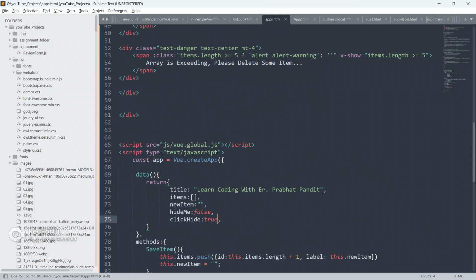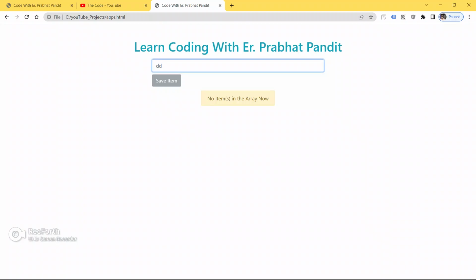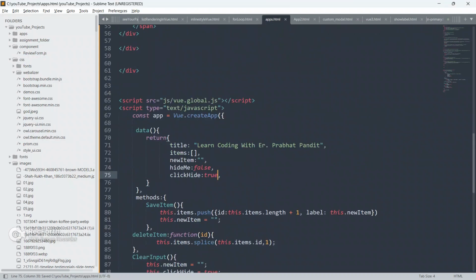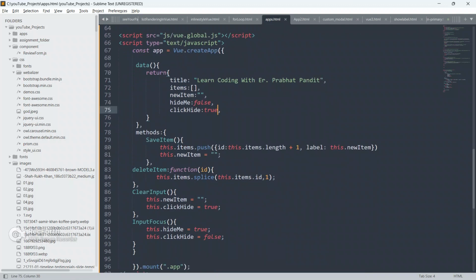False. Click hide me as of now is true. Put true. So now save your code and go to the browser and refresh your page. True, make it true. False.